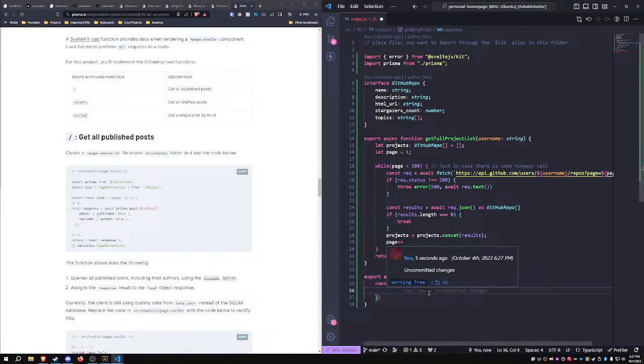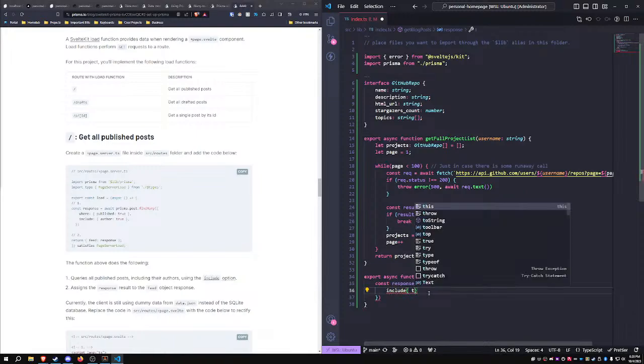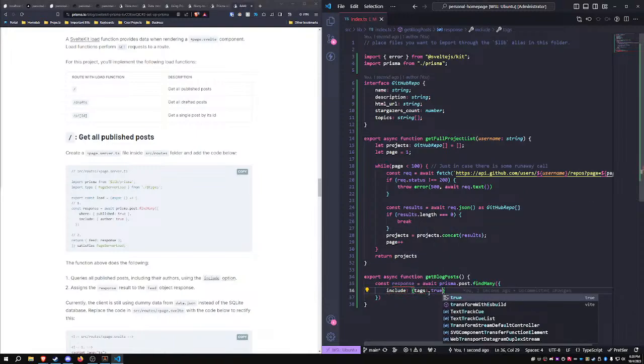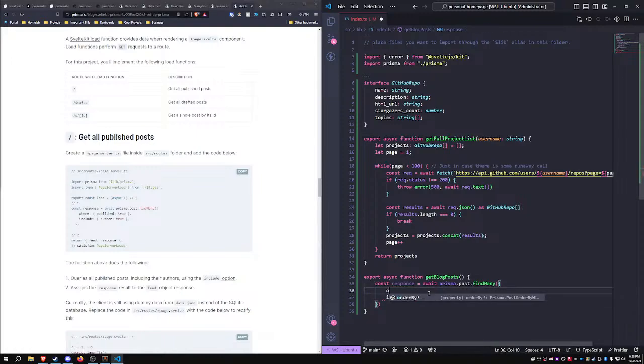So I want to include tags. To offset it, something like